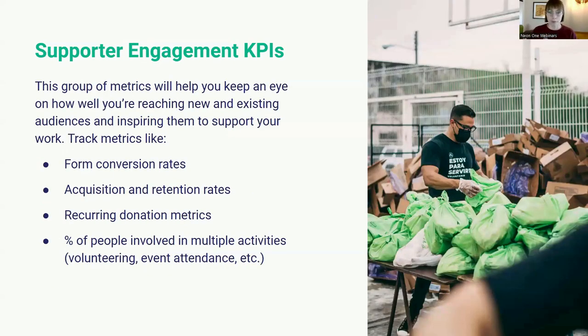So I mentioned that we were going to talk about general engagement. I also want to encourage you at least to measure specific supporter engagement. The general engagement is pretty high level in the B2B marketing world, which is where I often live. We would call that a top of funnel. People are learning about you, they're engaging with you. When you're asking people to take action, when you're asking them to move from being more generally engaged to being very specifically engaged, you'll want to measure those actions from your supporters also. You'll want to measure that engagement from the people who are actively making your work possible every day.